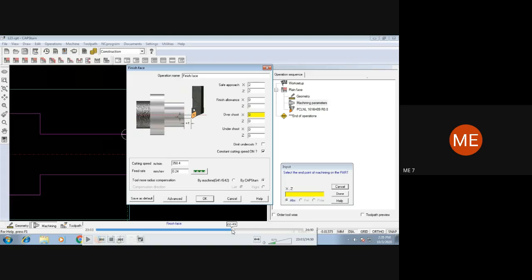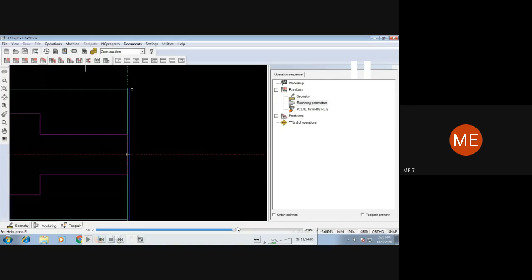So we have given the finishing allowance. We'll go to the finish facing tab and give the safe approach distance once again, 2 comma 2. Then the finishing allowance value should be 0 and 0. Overshoots, if needed, we can give, and generally yes, we have to. Now you can see that there is no allowance left out.